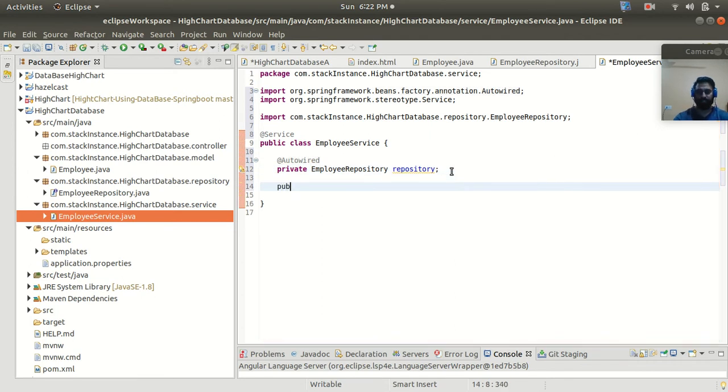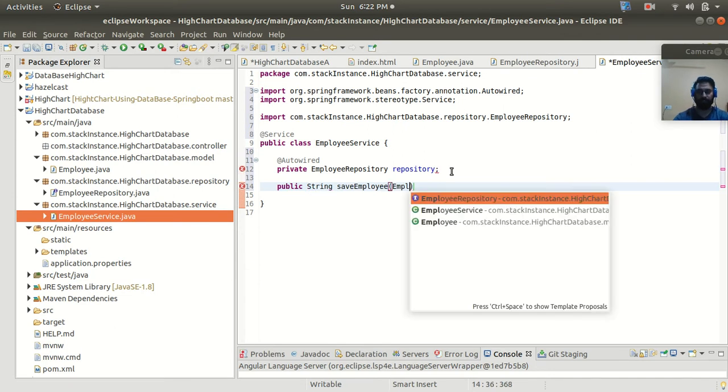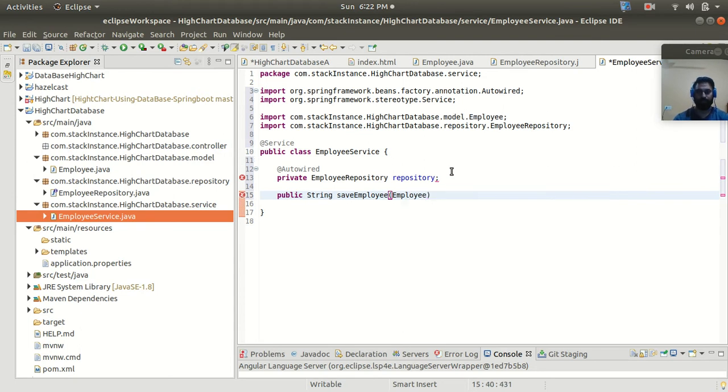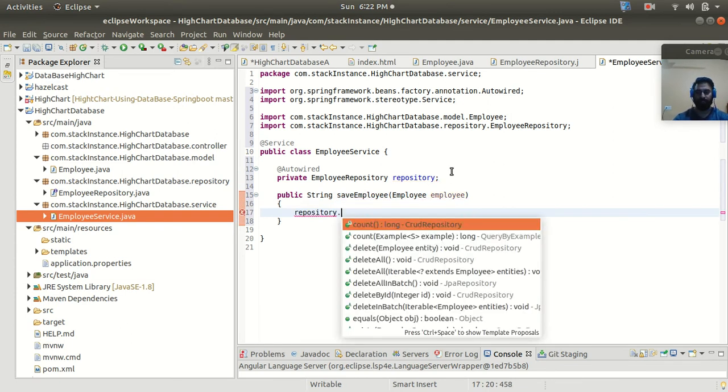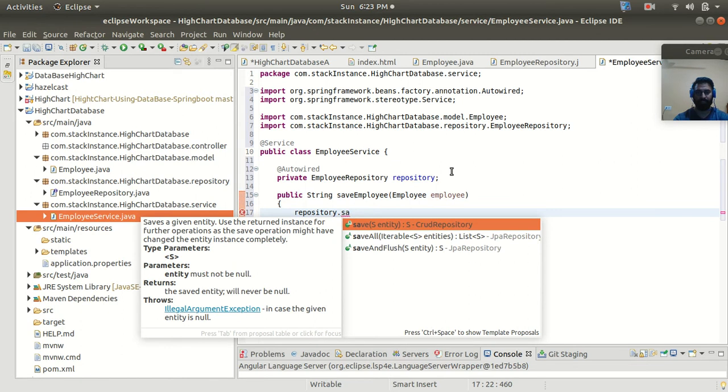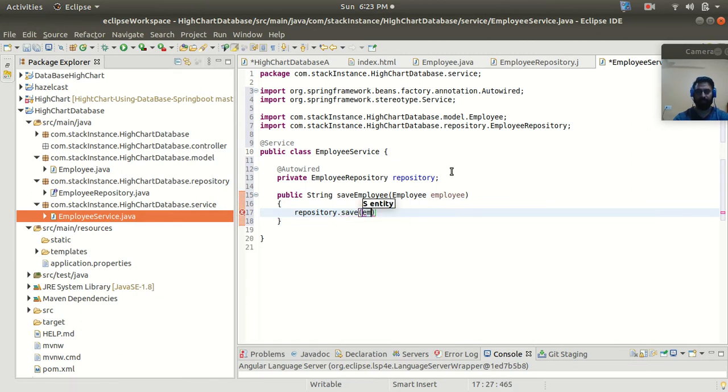Now let's create the method for saving an employee object or resource to the database with the name saveEmployee. So this will take one employee object. All right. And then with the repository reference, I need to call the method with the name save, and here I will pass my entity.